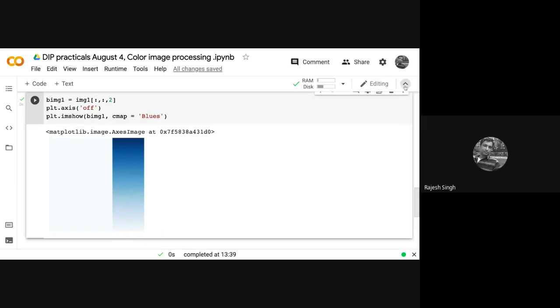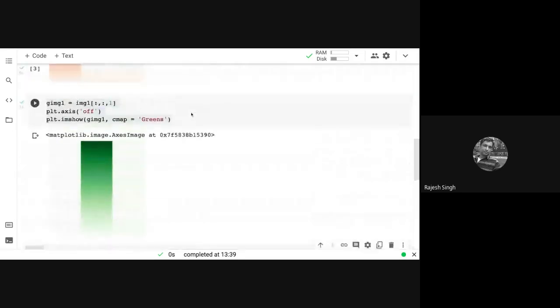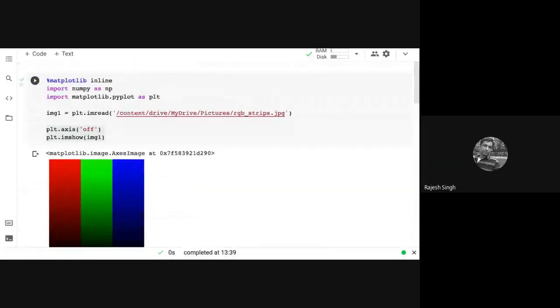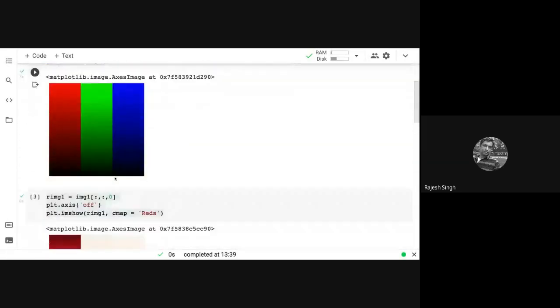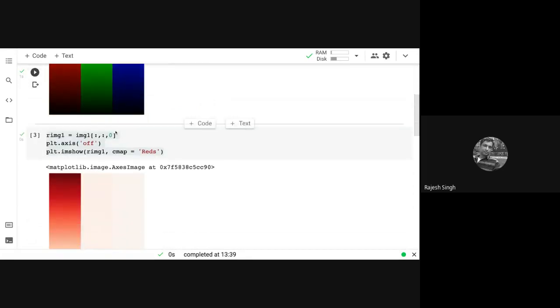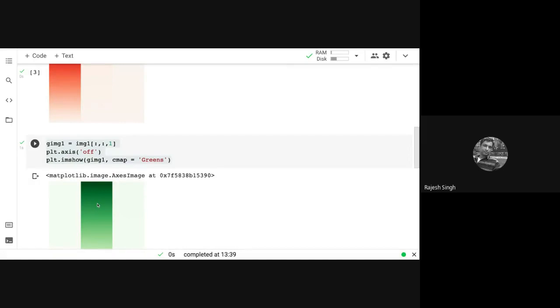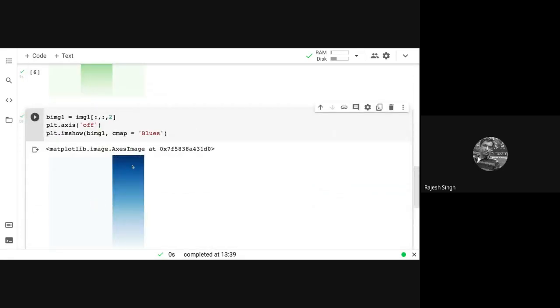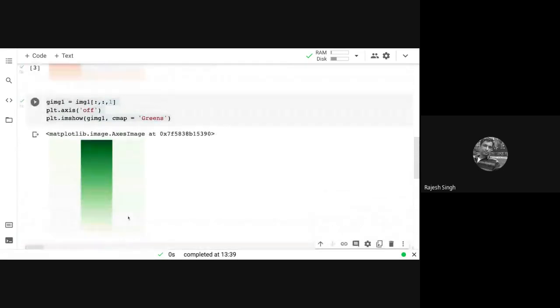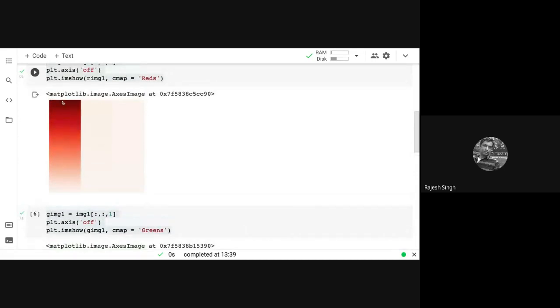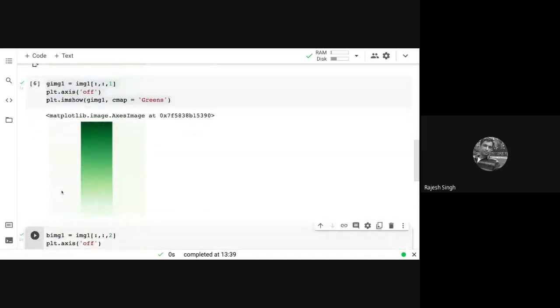So if I put this arrow up, you can now see the whole picture. This is your original reading of the original image. This is the extraction of the red component. This is extraction of the green component. This is extraction of the blue component. Values on this vary on the red axis from maximum to 0.